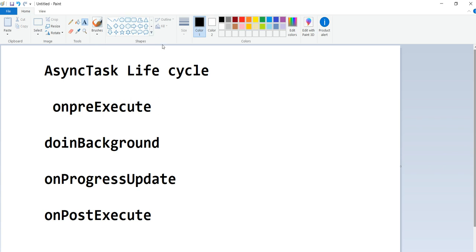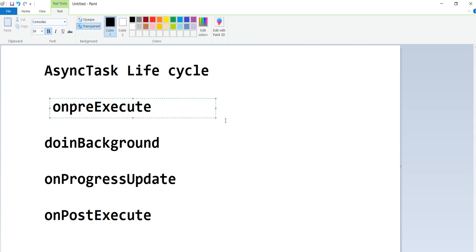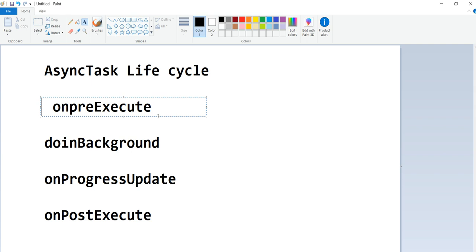First of all, onPreExecute. This method runs before the UI task starts and it's responsible for any setup that needs to be done. Means this process can start before executing doInBackground. Like now I have one registration form or one login form. I entered some data. So once I click on this button, before it connects to the server, this method can start the process to execute. So that is the reason it's called pre-execution.